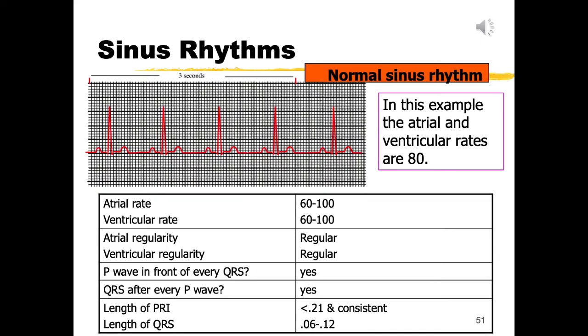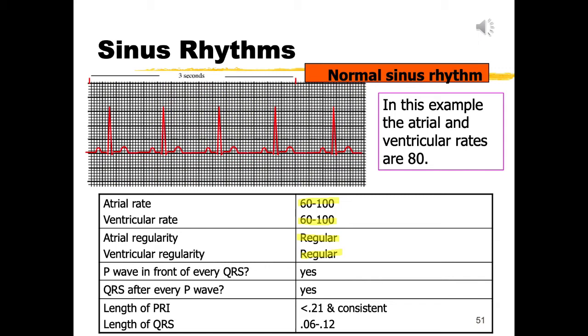The sinus rhythm we'll look at first is the normal sinus rhythm. Normal sinus rhythm has atrial and ventricular rates that are the same and between 60 and 100. The atria and ventricle are both regular. There is a P wave in front of every QRS. There is a QRS after every P wave. The PR interval is less than 0.21 and consistent throughout, and the length of the QRS complex is less than